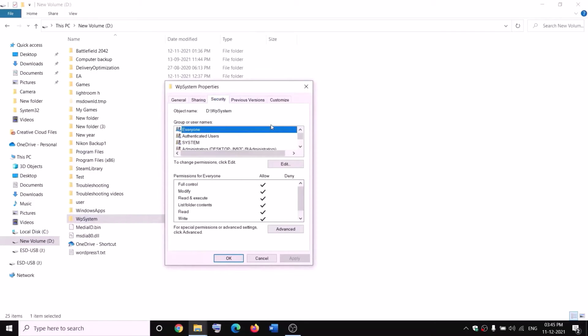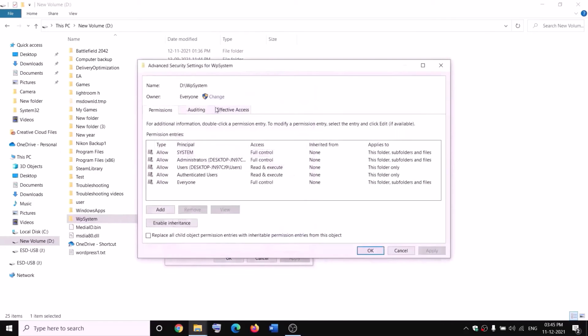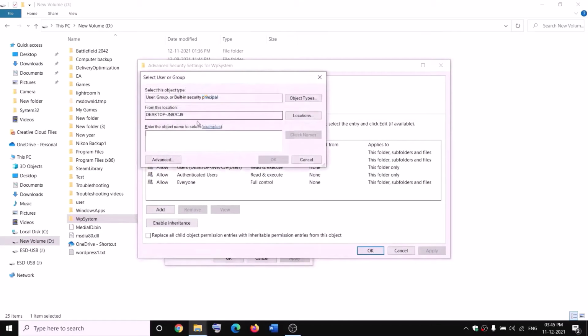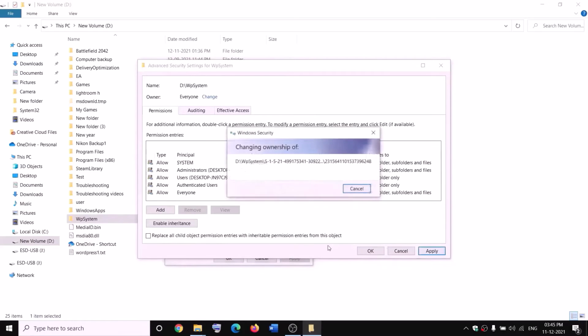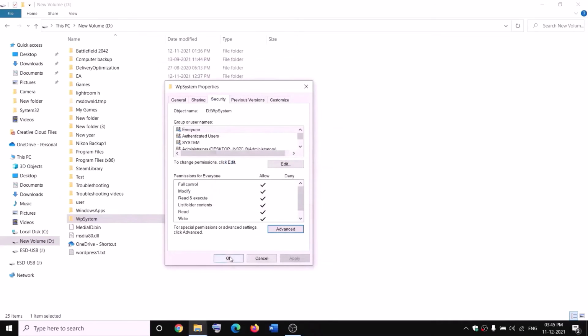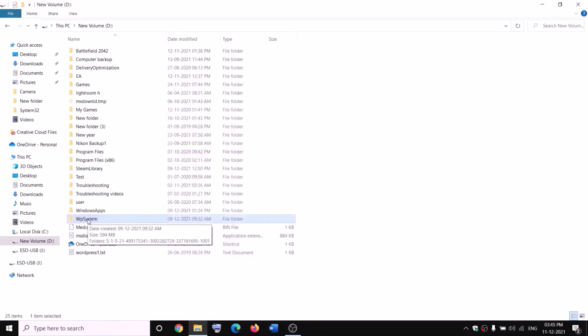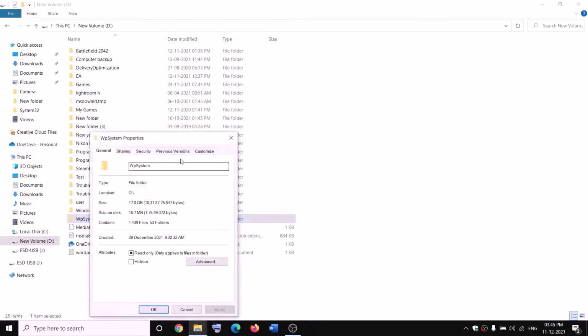So make a right click on WP system folder and then select properties, go to the security tab. We will go ahead and take the ownership of this folder. So go to security tab and then click on advanced. Now click on change over here and then type in everyone over here, and then click on check names, then click on OK. Now put a check on the box which says replace owner on subcontainers and objects, and then click on apply, OK, OK, OK,